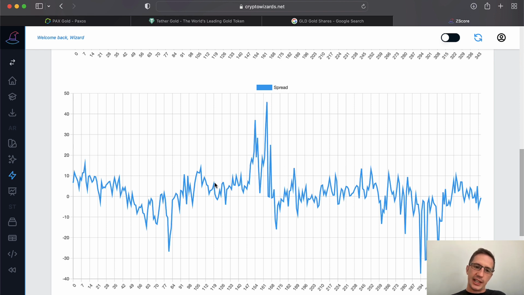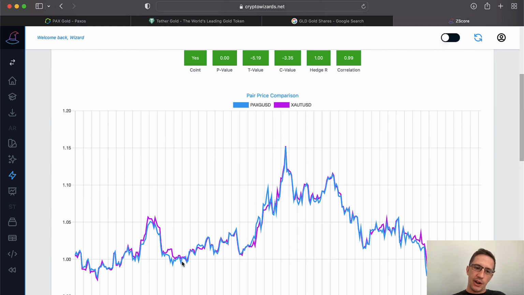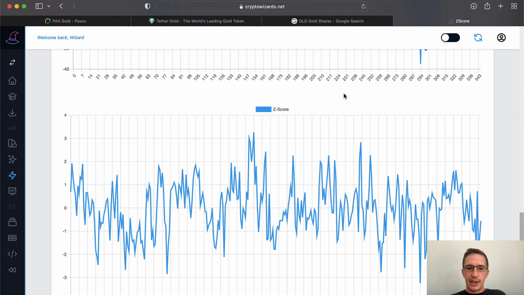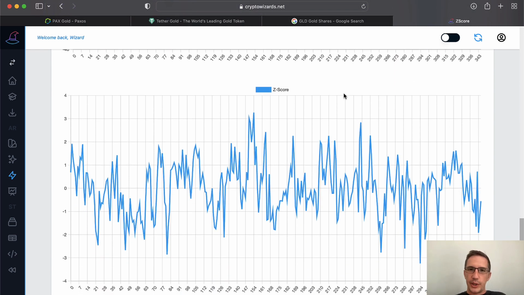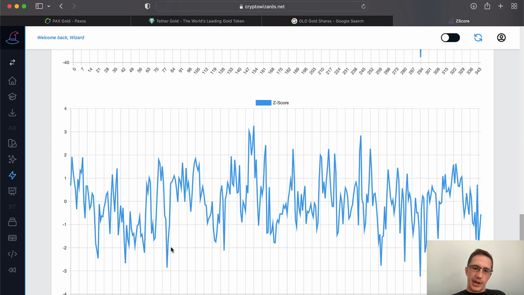And so what you're trading is you're trading the spread. When the spread's low, you would be going long on one coin and short on the other. One would be losing money, one would be making. But because they are going to converge again, you're always making profit. Now, I say you're always making profit. Pairs trading is not risk-free. You can lose your money doing it too. But this here is what we call arbitrage, statistical arbitrage, right? So it's a much lower risk form of trading. And here's the Z-score on that spread. So this supposedly will give us the signals for when to exit and enter trades.